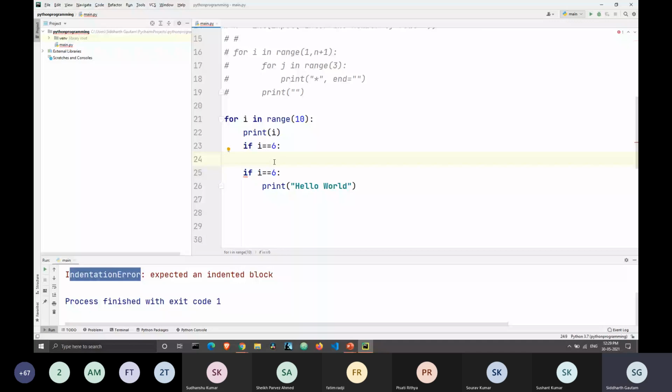But what if I don't want to write something? What if I don't want anything to be done inside that if condition? In that case, I can simply write pass. As soon as Python reads this word pass, it knows that it doesn't have to do anything. For Python, pass means that it can just relax. It can sit back and do nothing. That's why this if condition is not going to change anything in our code. All right. So let's comment this out. And let's go back to our presentation.